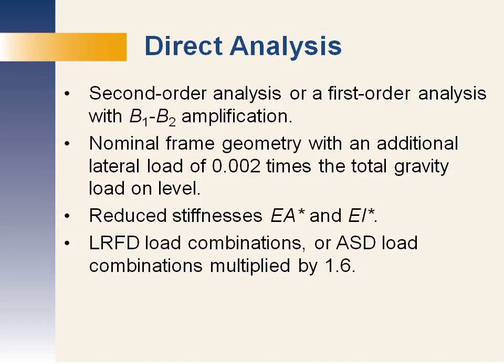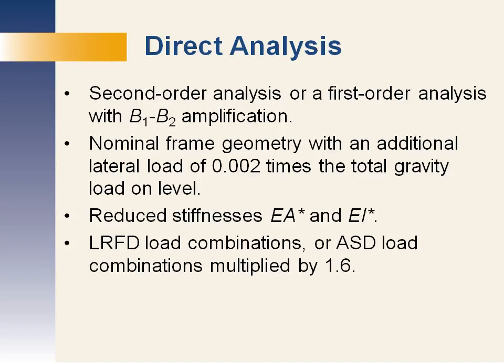You have to soften the structure to get the right force distribution. That's what EA* and EI* do. It's the magic. In the end, I call it magic. There's no magic involved. It's just a way to get an answer that produces a safe result. Usually EA* and EI* are going to be equal to 0.8 times EA and EI respectively. There's also a factor tau sub b that's often 1, but it might not be. You should look at it. And there's also a way to eliminate calculation of tau sub b in the actual provisions.